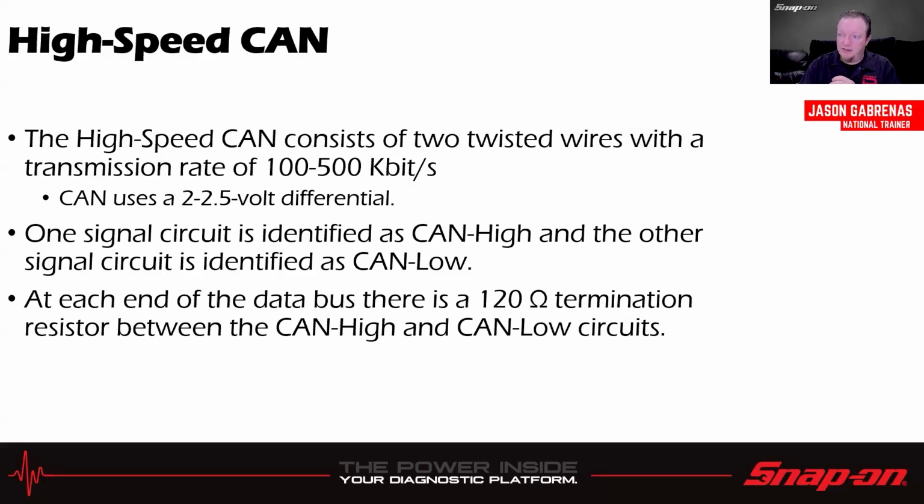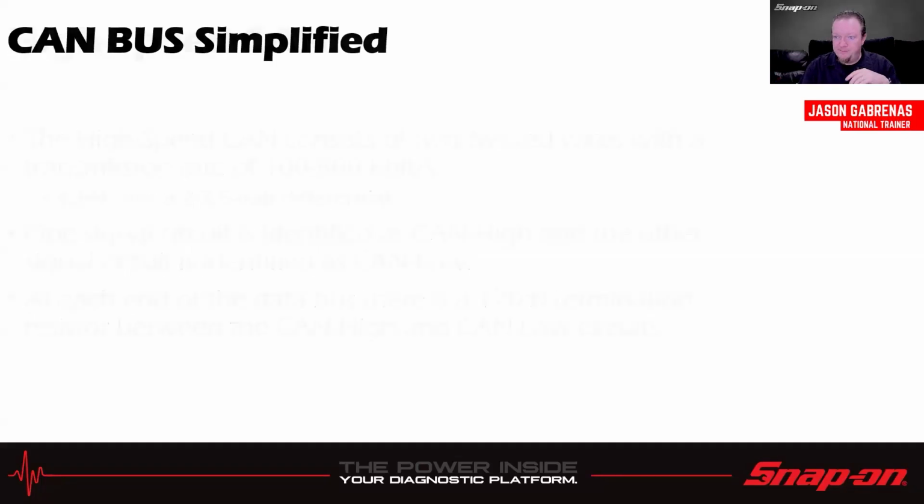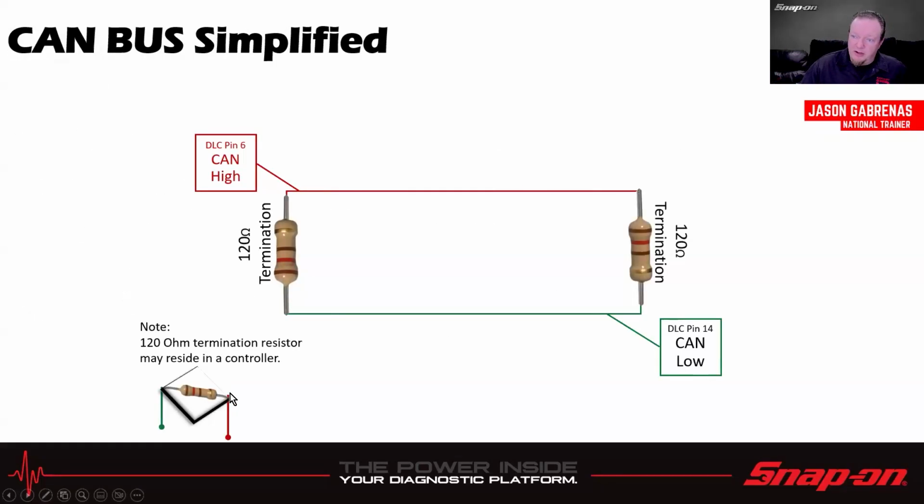At each end of the data bus, there's also a 120 ohm termination resistor between the CAN high and CAN low circuits, and that's kind of your stop sign. That's the end of the line. Usually, that 120 ohm termination resistor is going to be inside a control module. Right? Could just be sitting out in the open, but more often than not, it's going to be sitting inside